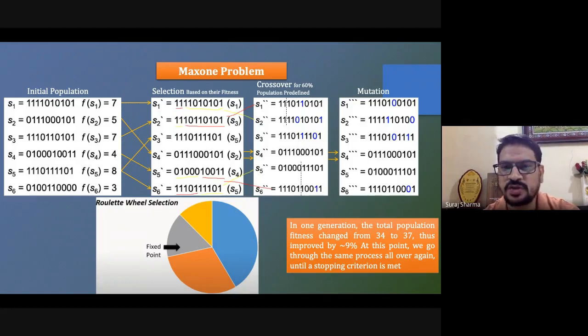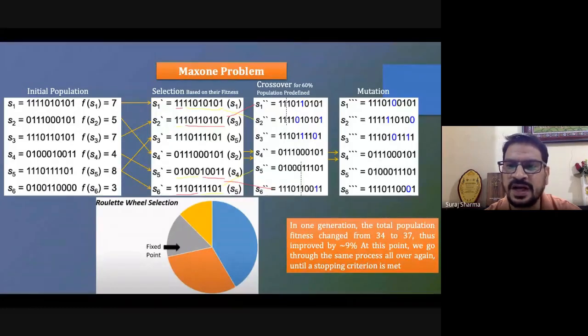After doing the crossover, we do the mutation process. Mutation means in a particular chromosome we change some gene values. That is also randomly selected. So for this chromosome, this value will be selected. If we want to change, we have to flip it: 1 can be changed to 0, and 0 will be changed to 1. This one will be changed to 0, this one will be 1, and this value will be 1. This is 0. This is 0.